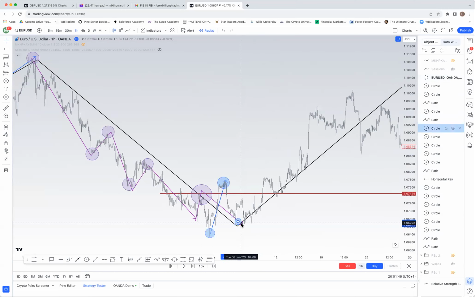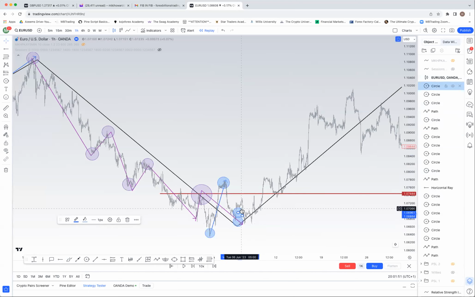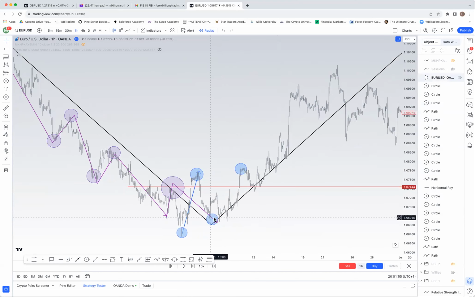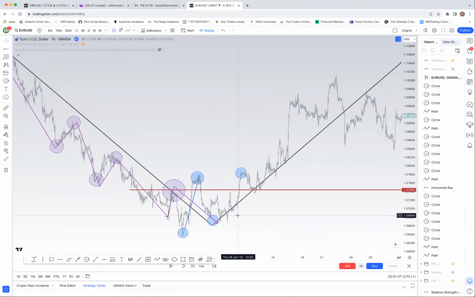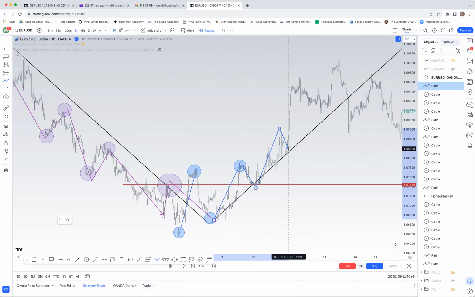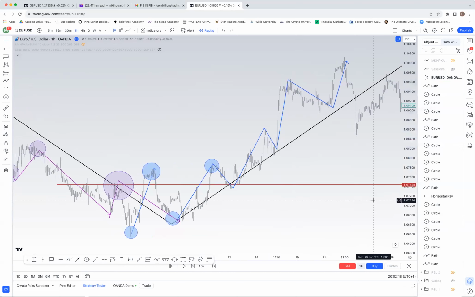So fine. Once we broke it, let's take it. And then clone this. So we are saying that if we then break below this one, we are now in what? We are now in the downtrend. So our uptrend technically will start from here, there, there, break there, above there, there. And there's even one before, but yeah. Do you understand what I'm saying? So that is what it is.